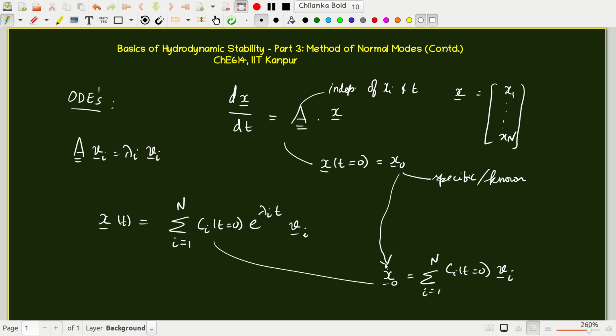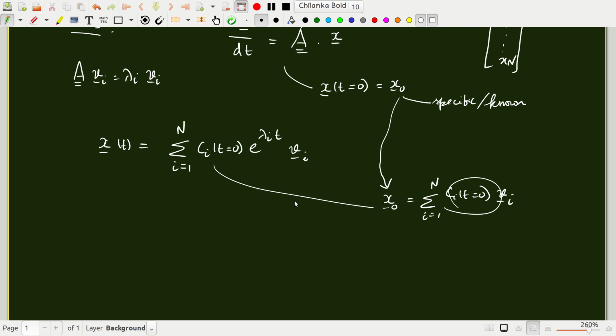If you know this, you can find the coefficients of expansion using orthogonality of eigenfunctions,